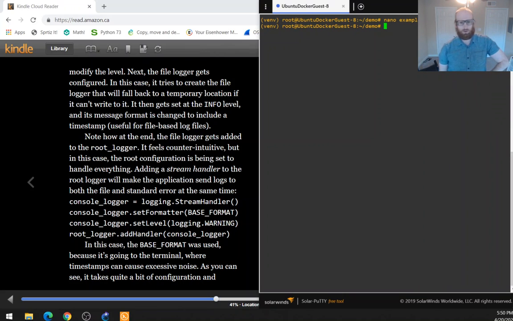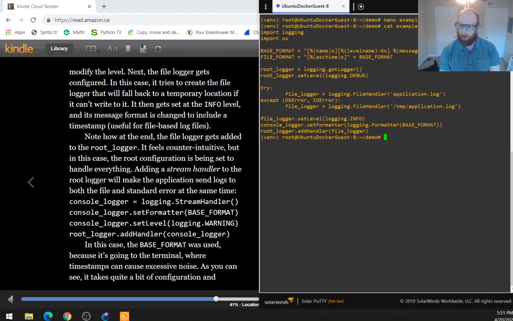Adding a stream handler to the root logger will make the application send logs to both the file and standard error at the same time. Oh, so it looks like they want something to be added here. Let's see here. So console logger. So adding a stream handler. It looks like they want a stream handler to be added to the